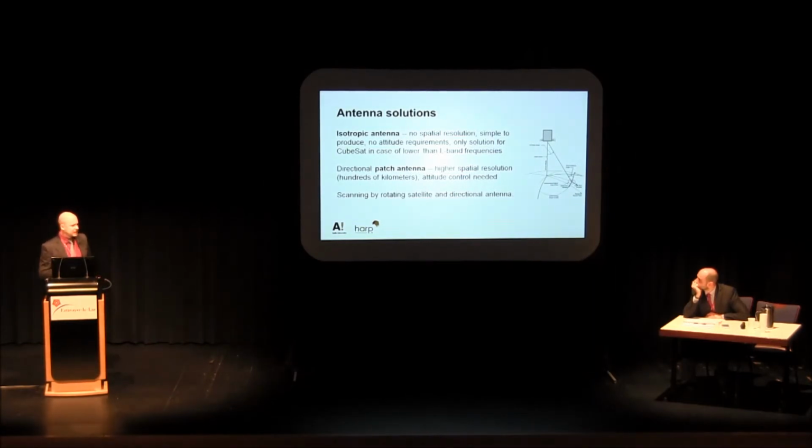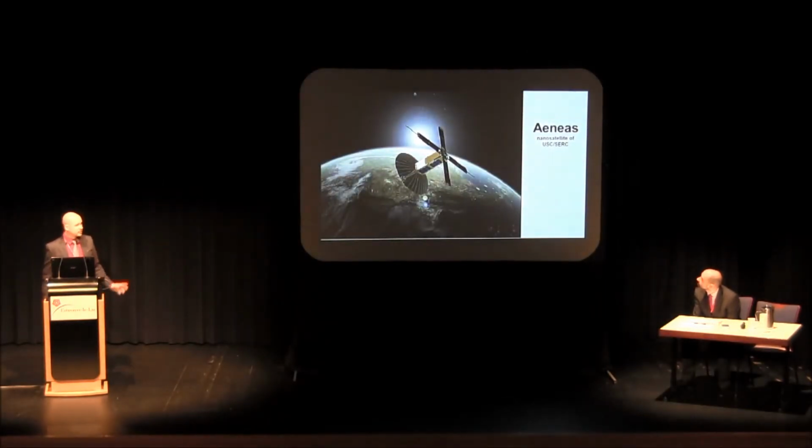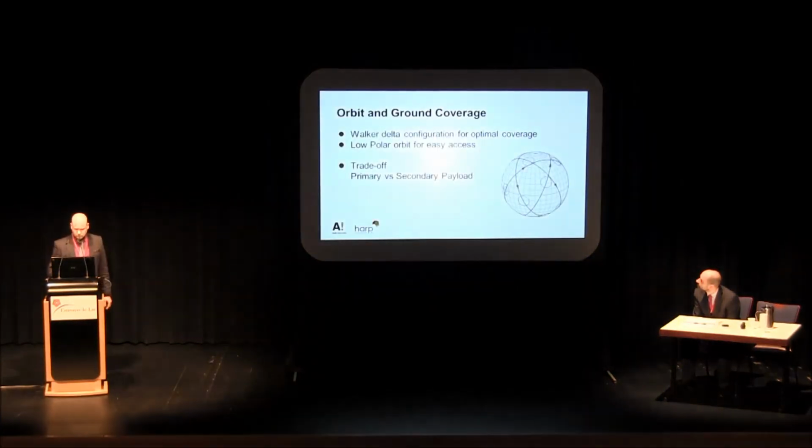You also can have patch antennas, with a bit better gain and directivity. However, in these cases you also already need an attitude control, and this makes your system much more complex. And of course, with really bigger antennas, it's actually possible to think even about parabolic antennas, and thinking about, for example, spinning, rotating satellite solutions, where you can map quite good ground resolution, with this kind of satellite, which actually has already been flown.